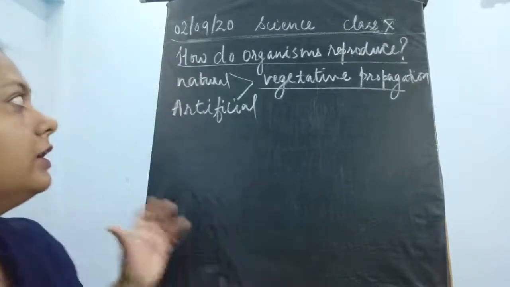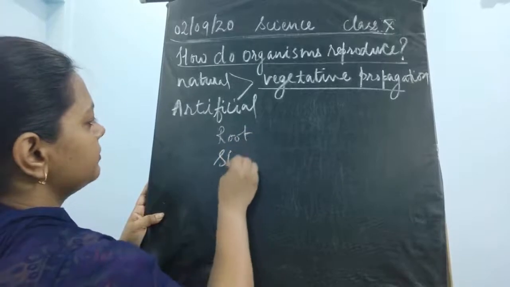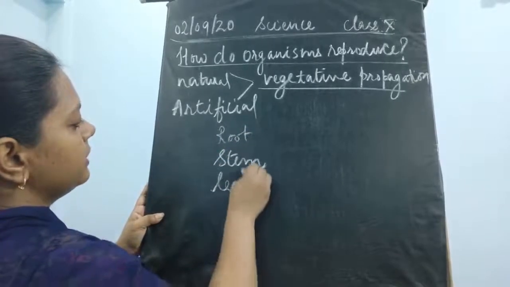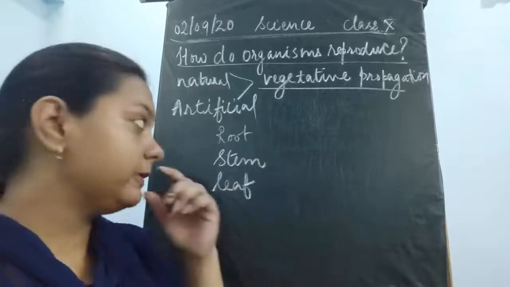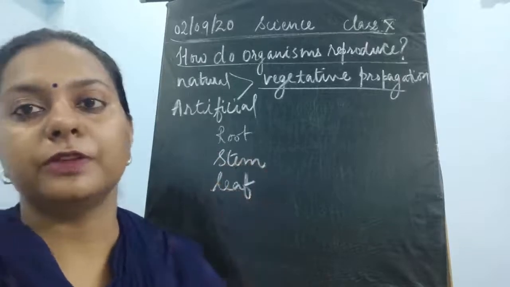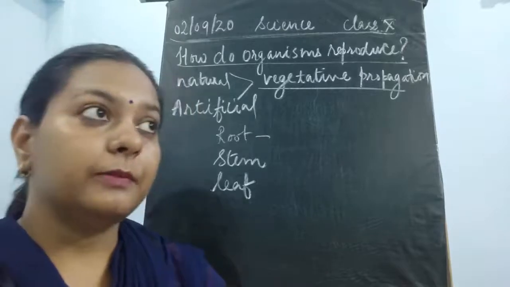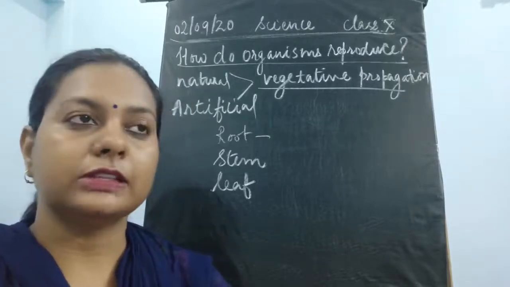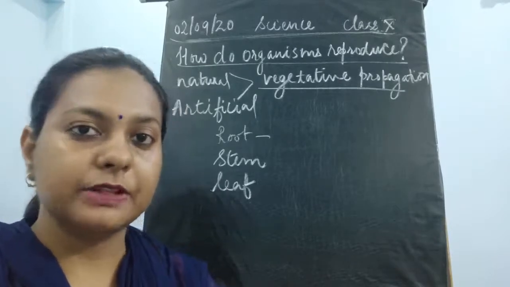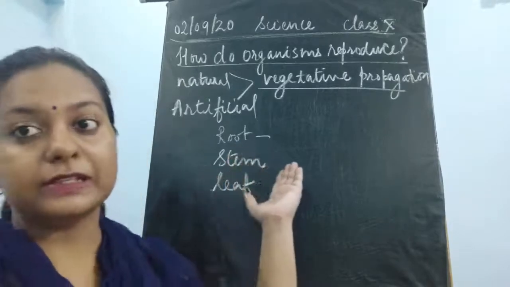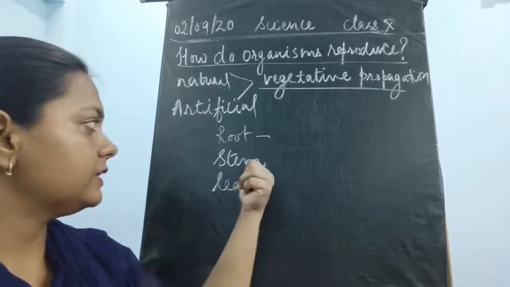In it, the vegetative parts, that is root, stem and leaf, are responsible for the development of new plants. We saw the roots, where the plant developing from the root is the dahlia. We have seen chrysanthemum and dahlia. Many other plants also arise from their roots: radish, carrot, sweet potato. All these are examples of roots from which a new plant rises.